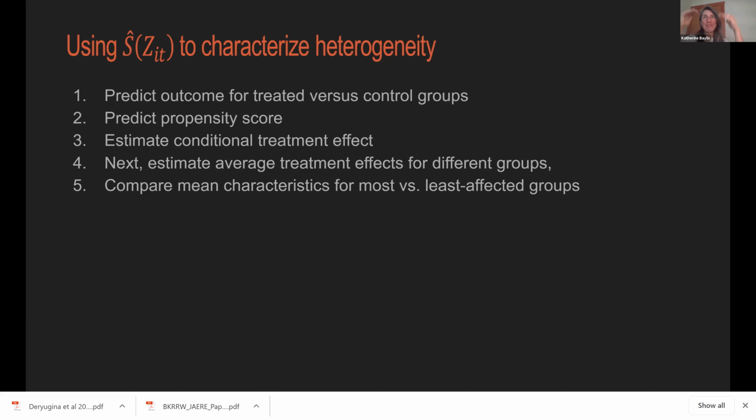Okay, so basically the steps are, we're going to predict the outcome for our treated and our control groups, and we're going to predict the propensity score, using machine learning methods for both those steps. From those, we get an estimate of the conditional treatment effect by individual, and then we can look at the characteristics associated with the biggest differences in those average treatment effects. And that's where the heterogeneity piece comes in. Okay? So here's just